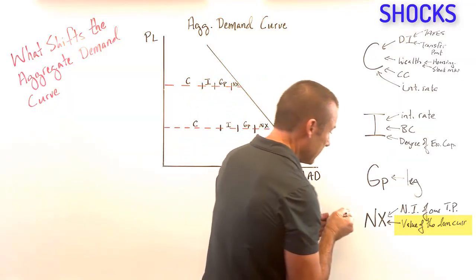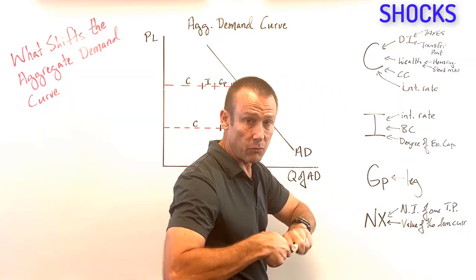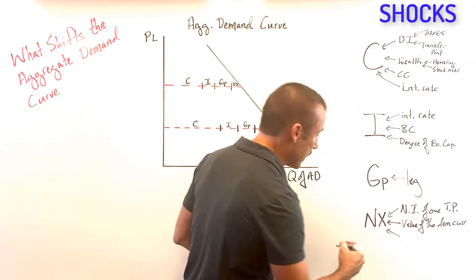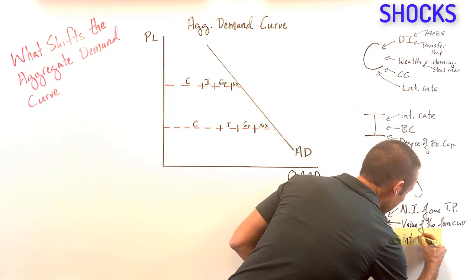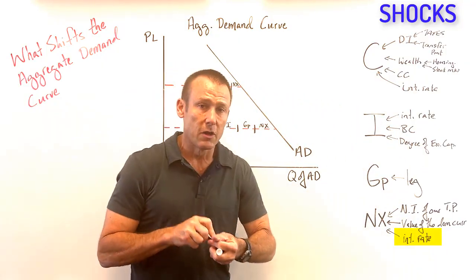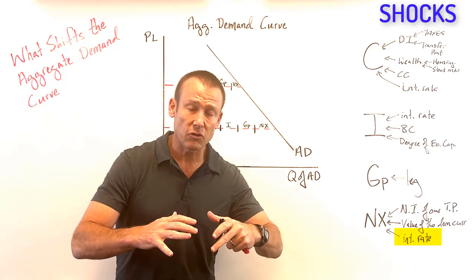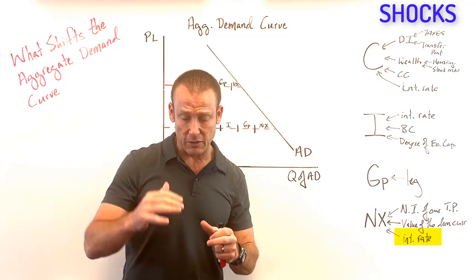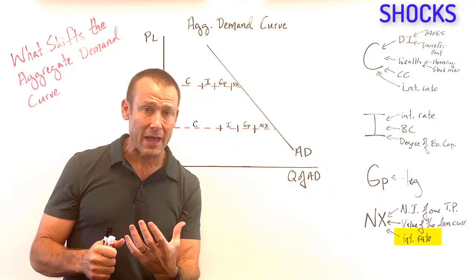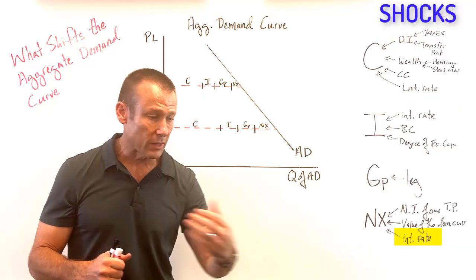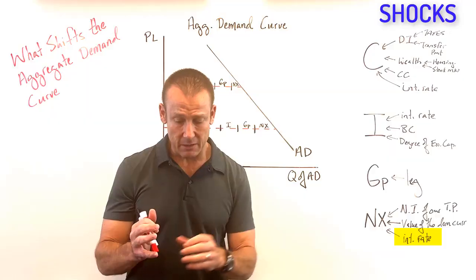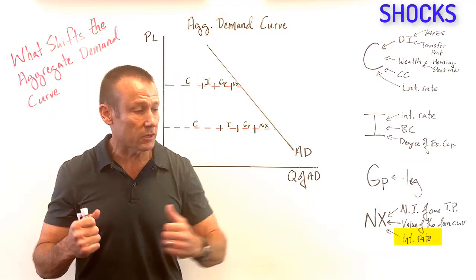Now, finally, the last one, guys, and I kind of already foreshadowed this, is interest rates also do change net exports, okay? So a quick one on this. There's many other videos I have to explain this further, but just quickly, guys, if the interest rates go up domestically, the rest of the world is going to want to put more of their financial capital in our financial markets. And to do that, they're going to have to demand our currency, right? So that's right. If our interest rates go up in our financial markets, the rest of the world says, oh,